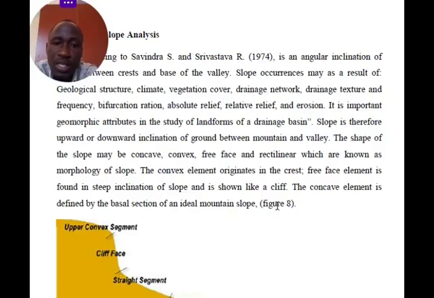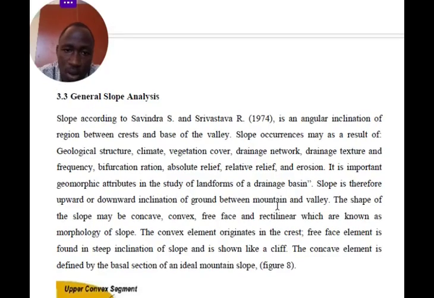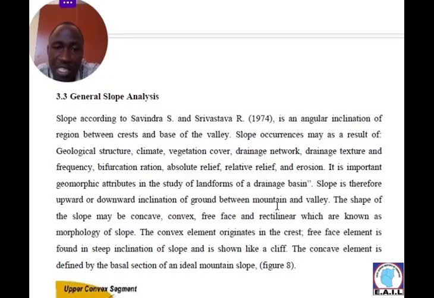Once again, today we are going to be looking at the general slope analysis. When we talk about the general slope analysis, we are going to be seeing how people